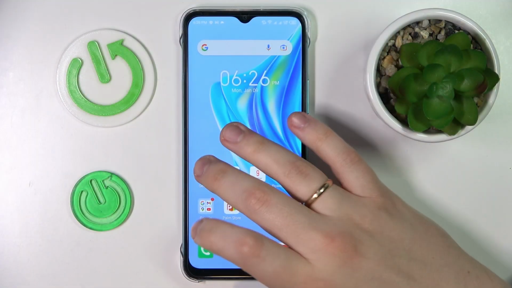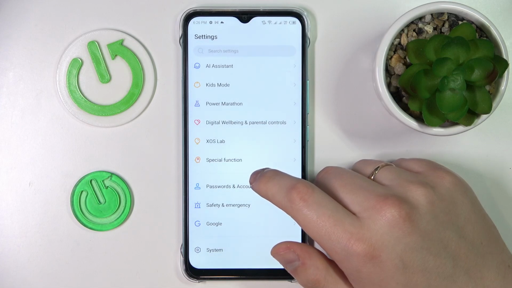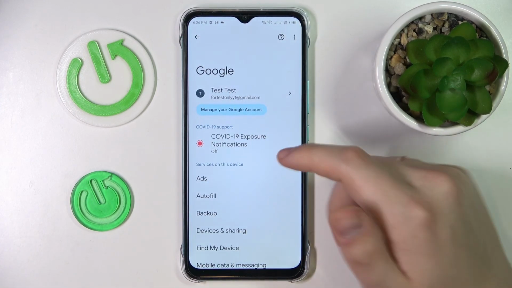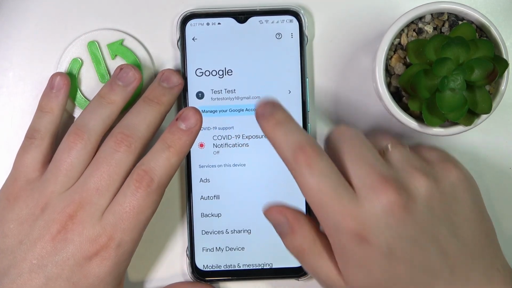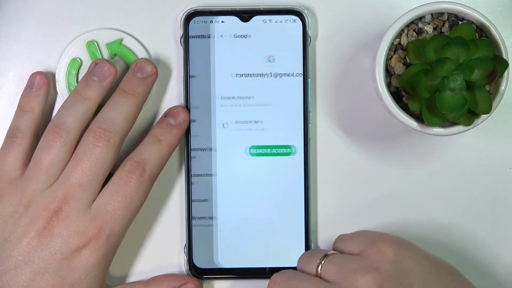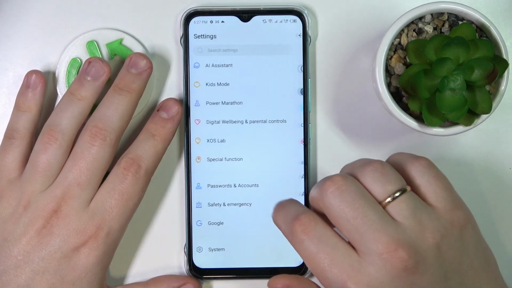So the first step is to launch settings, then enter the Google category. Make sure that there are no accounts linked to your system, thus no accounts over here. If you have any the same way as I do, just remove them by tapping over here, then manage accounts on this device, and remove them like so. After there were no accounts left,